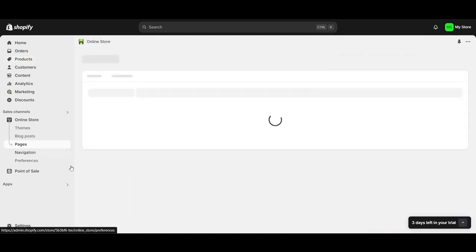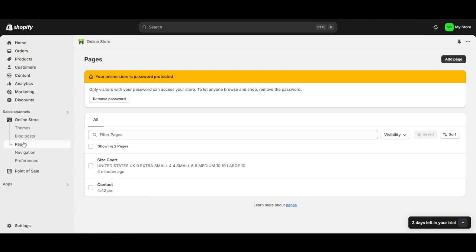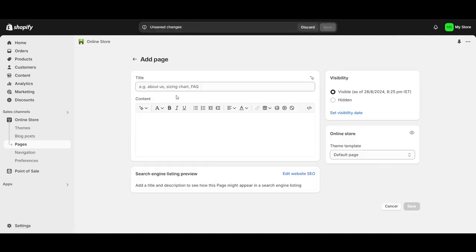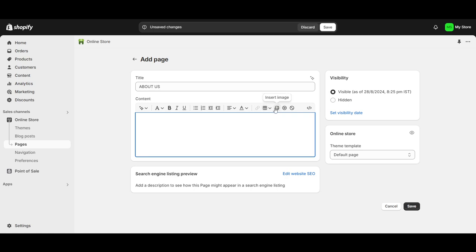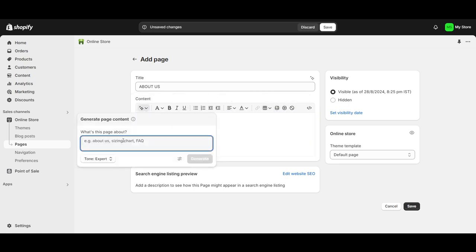Now let's get back to how we can create a page here. Once you're in the Pages section, on the top right you will see the option to add a page. For example, I will add a page about FAQ, or let's say I will write about us. This is the title, and this is the content. In the content you can add as many things as you want. You can add a link, a table, images, videos, and everything. So I will just use my content